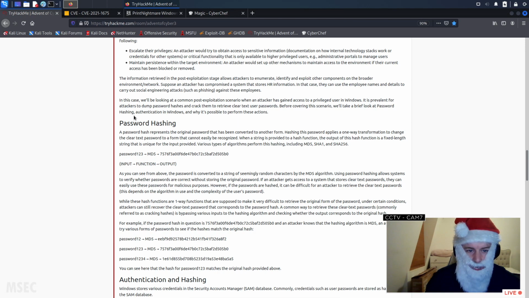It is prevalent for attackers to dump password hashes and crack them to retrieve clear text user passwords before covering